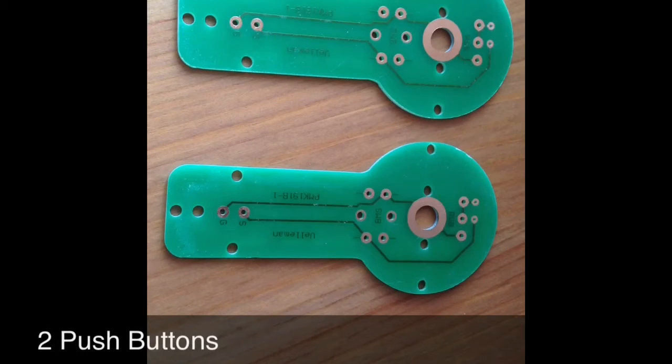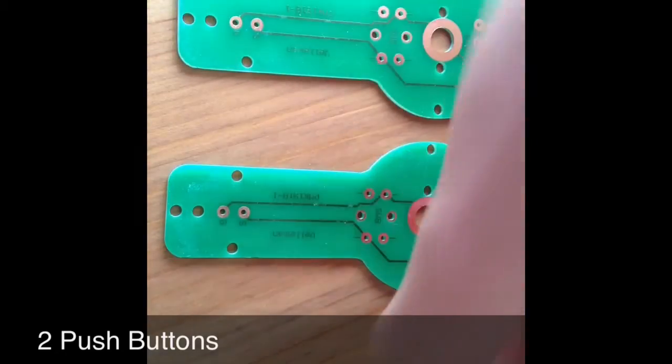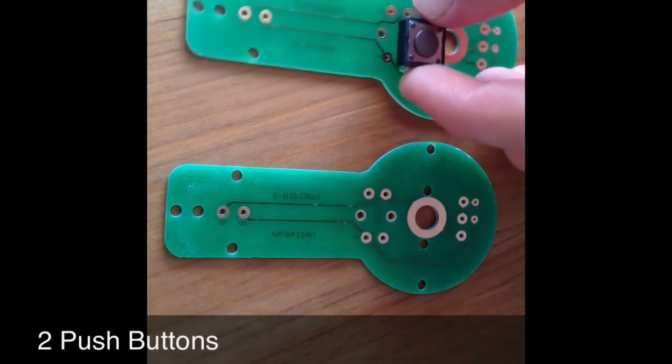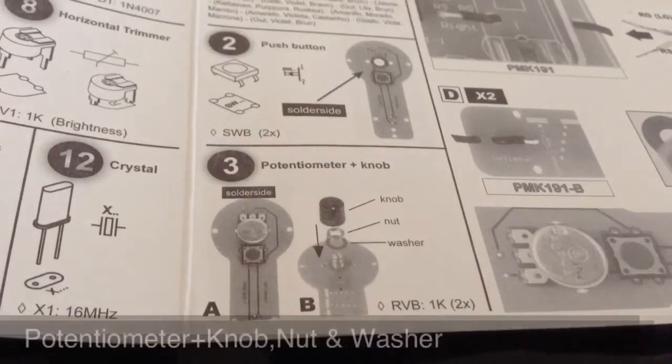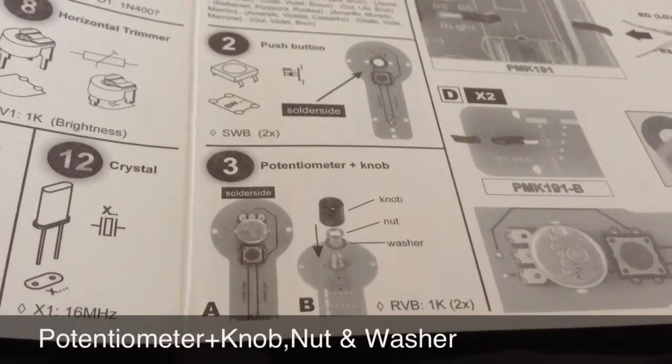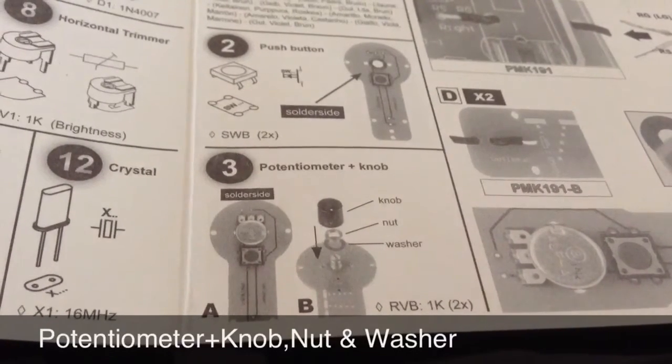We now have 2 push buttons, which go in the solder side of the printed circuit board analog bats, here, where that square shape is, there and there. They go in like that. Once you have put the push buttons and resistors into the printed circuit board analog bats, next is the potentiometer